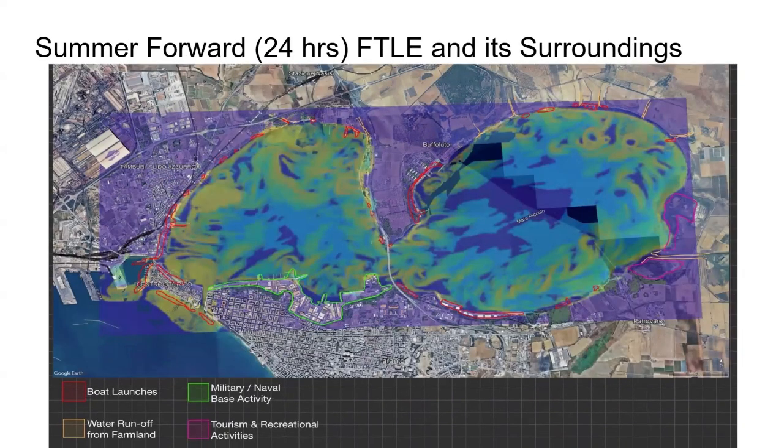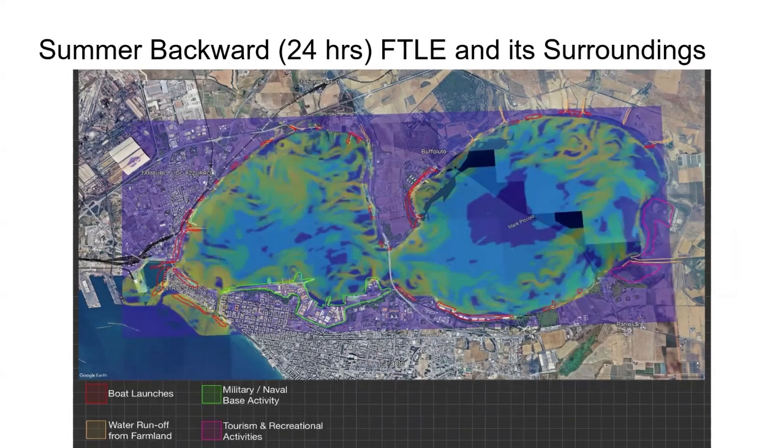Next one is the summer forward, where we look at where the particles released now might end up. Again, with high dispersion, especially in recreational and nearshore areas, we could see the spread of contaminants quickly through both basins. And then for the summer backward, this shows where particles are most likely to move, at least again near